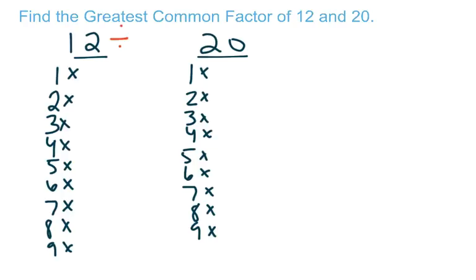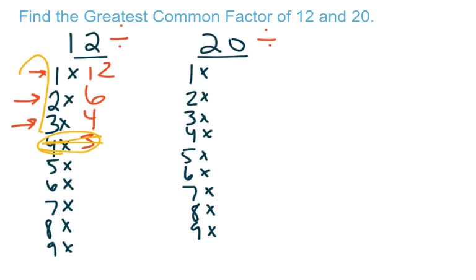So remember, we do 12 divided by and 20 divided by. So we're going to do 12 divided by 1. Well, 12 divided by 1 is 12. 12 divided by 2 is 6. 12 divided by 3 is 4. 12 divided by 4 is 3. So you notice this is where we start to repeat. So we're going to cross that off, draw our horseshoe,